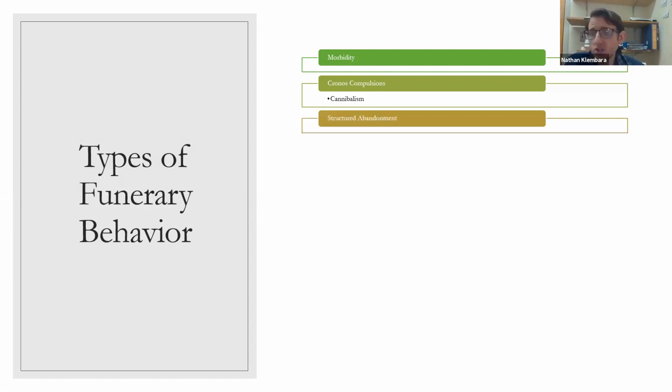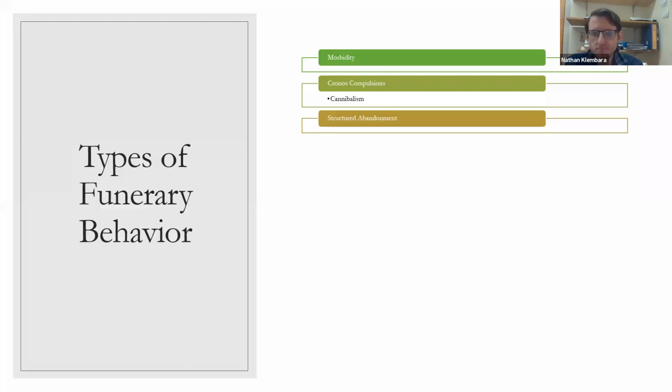There's also what we call structured abandonment. This is a type of funerary behavior where someone dies in your group and you don't bury them. You don't build anything for them, like a monument or a grave or anything like that. But instead, you just leave them where they are. Maybe you put a few rocks around them. Maybe you say a few words of remembrance or you practice some other small scale ritual. But structured abandonment is the idea that you leave them where they died, you leave them where they lay, but you do recognize it and you do mark it as a sad or